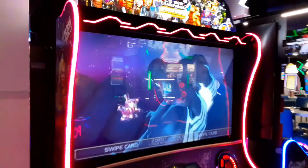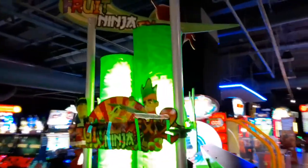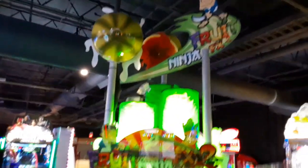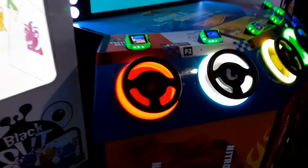Taking a better look at Champions here. This is like a Marvel Champions game. Another cool one. I guess they wanted to counter that DC arcade game. But right now I was just looking for games I didn't see before, like Fruit Ninja FX here. Fruit Ninja is a fun game, especially the Kinect version if you have an Xbox Kinect, because you can just use your hands. I don't know what makes Fruit Ninja FX2 different from the original, but here's a Hot Wheels